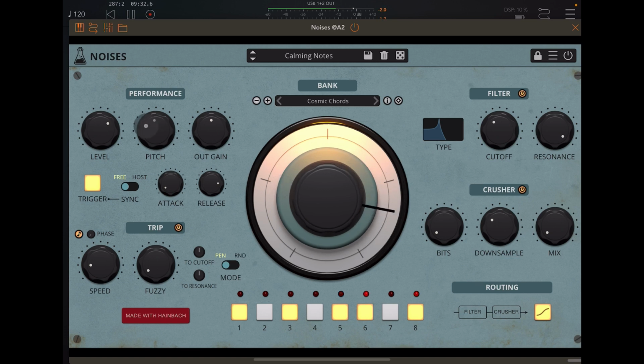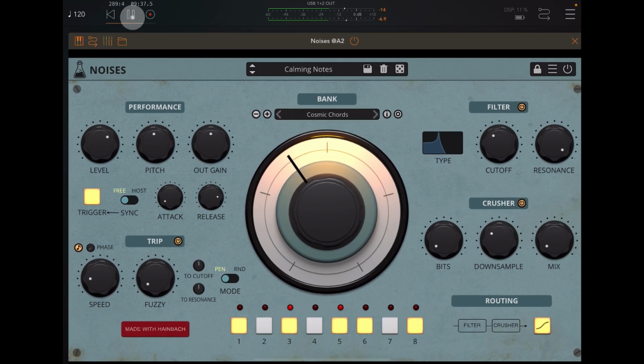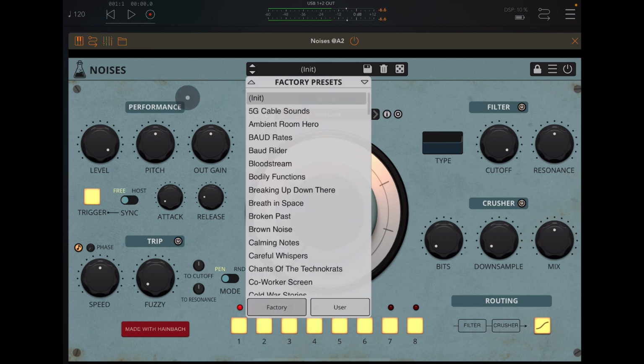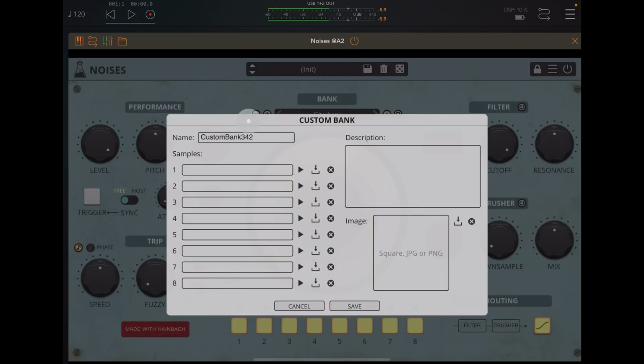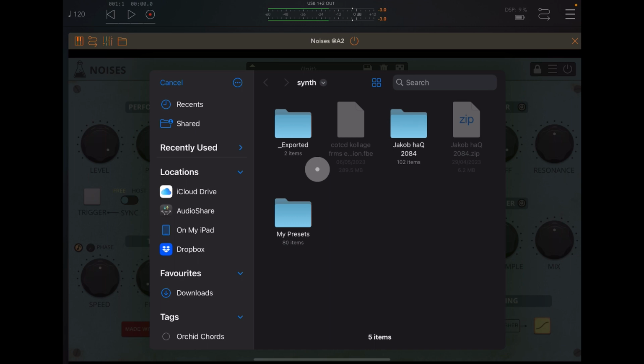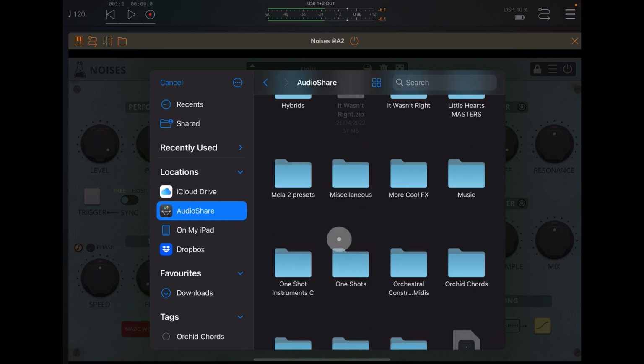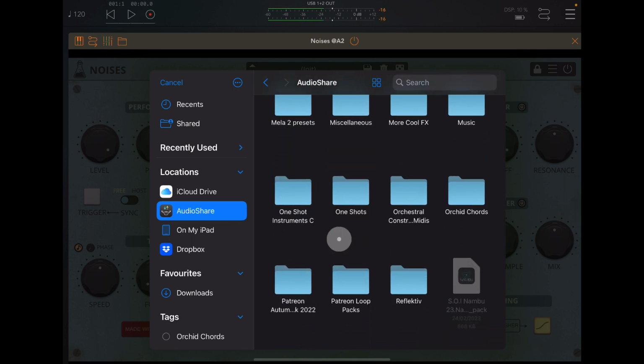We're going to build another patch because it's fun. Okay, so let's lock this into the host and stop it. Again, I'm just going to go to init. I'm going to go plus here, custom sound bank, and let's try and find something good. Now, I'm a big fan of Les Productions Zvon Daniel's work and in collating all this very old school movie stuff. So I think what might be good, I've got tons of cool stuff in here,